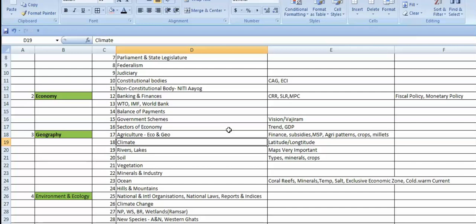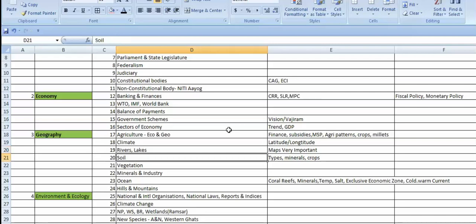Then you have to go through the rivers and lakes of India, and also maps. It is very, very important. As I told you, how to mark a map. When you're marking rivers, also mark the wildlife sanctuaries or national parks, any lakes, any glaciers there, the tributaries, as I told you, mark based on that. So maps are very, very important. You will get around 3 to actually 4 questions in maps in geography.